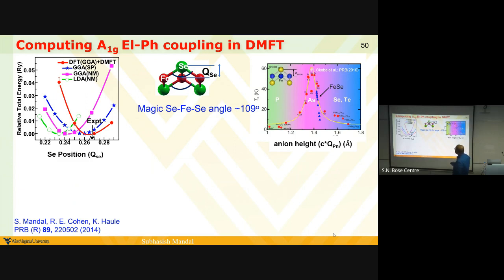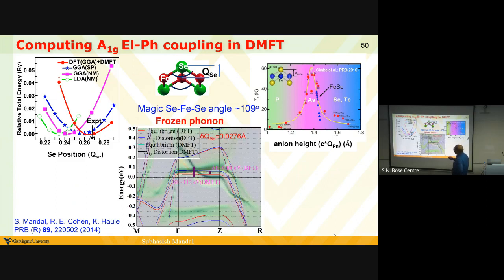Then the first thing we need to figure out is where the equilibrium position is sitting. You can get it from two different methods. Experiment is right here, and this is the DFT plus DMFT. But the experiment was kind of known, so you might say that maybe you have to trick something to know the value already. Now the next step, which is quite difficult, is to get this frozen phonon, meaning you have to change the position of the atom